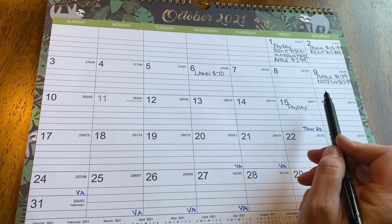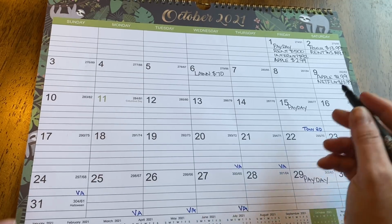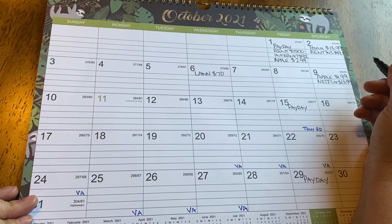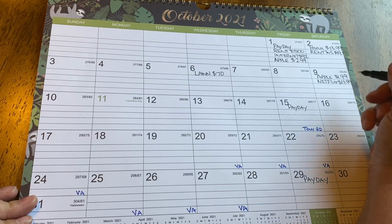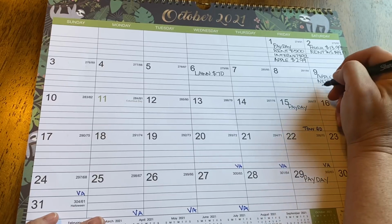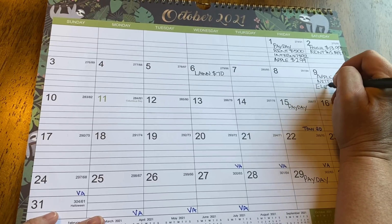Now, I thought the electric bill was somewhere around on the 15th. That's what I had it jotted down for last month, but that was not the case. It is actually due on the 9th, or right around in there. I mean, as soon as Carol Ann's dad gets the bill, I pay it right away. I don't wait until the due date. So I think he probably gets it on the 9th, and then maybe it's due later on in the month, but the 9th is when we get it in hand. So I just Cash App it right away and get it out of my account. So I'm gonna write electric,